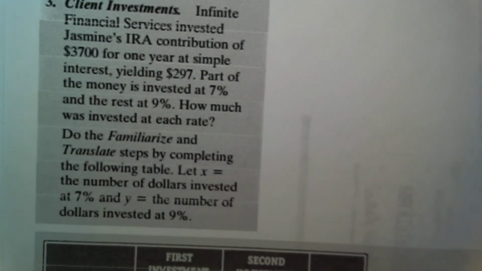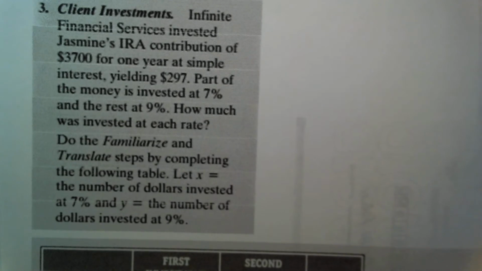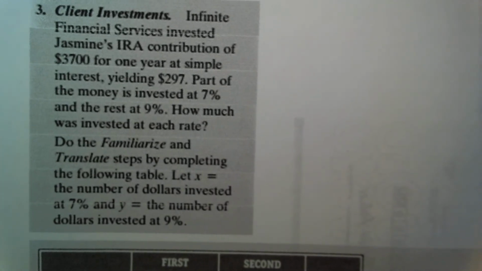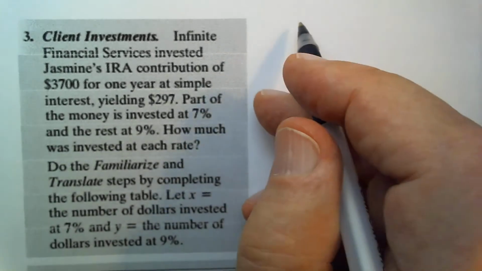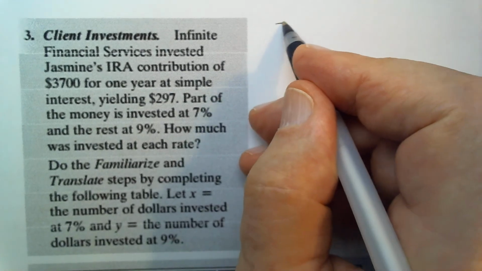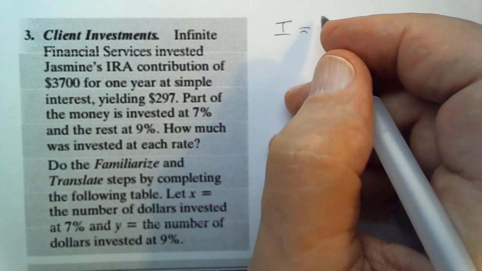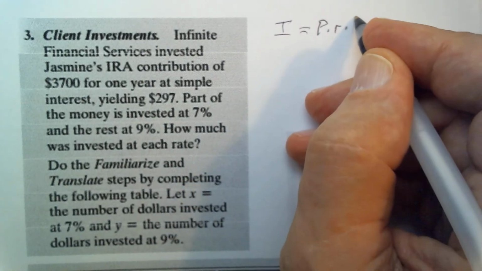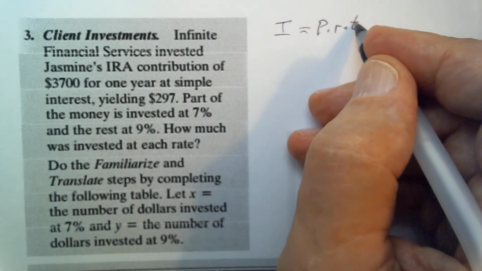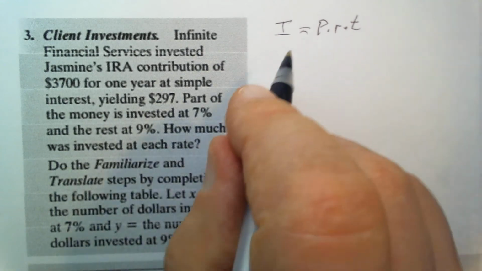The next exercise is about investing money. And so we need to know a little formula here that you're probably familiar with, and that's how simple interest is computed. Interest equals the principal invested times the interest rate times time, often measured in years. So in this example, it says